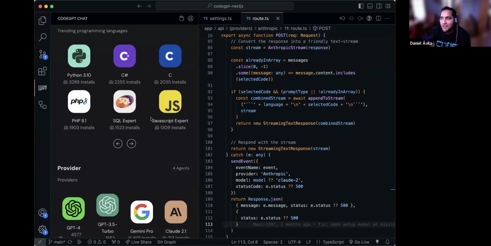It's different. I think it's a different tool. We are using LLMs to write code. We are using LLMs to get more context from your project.